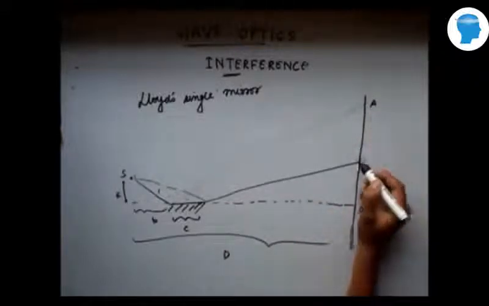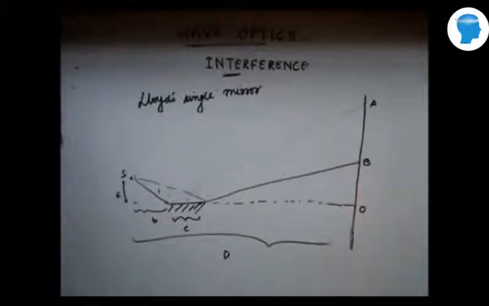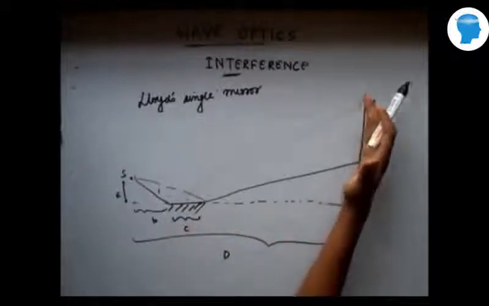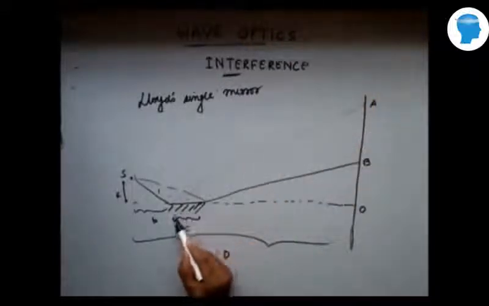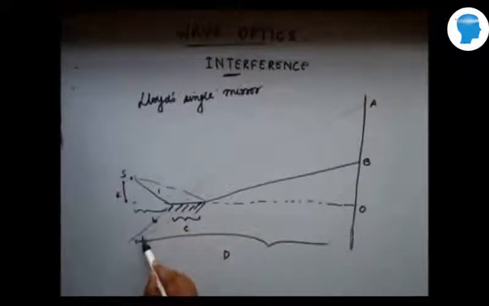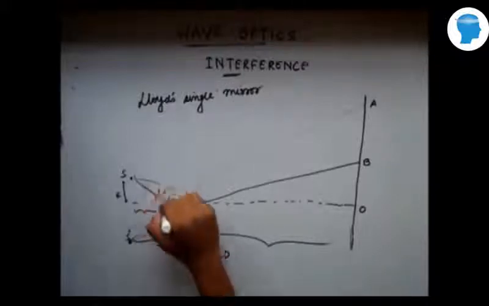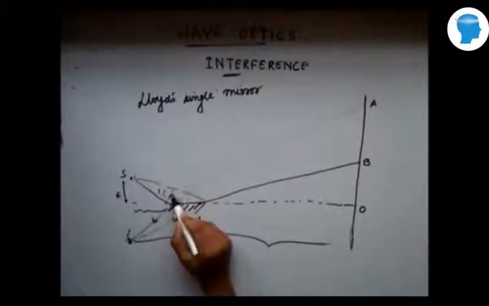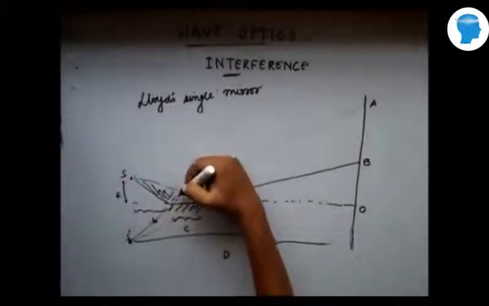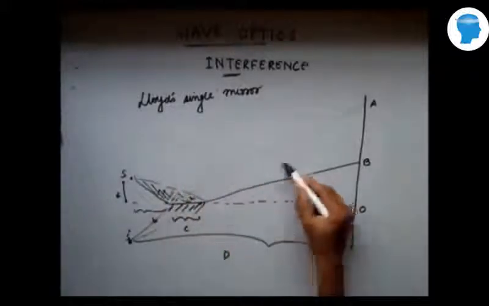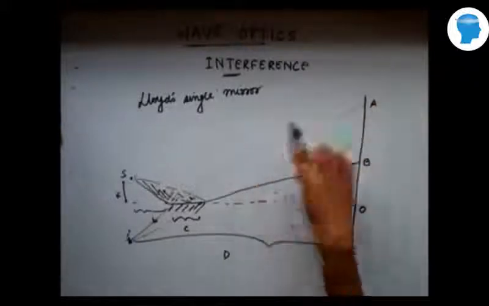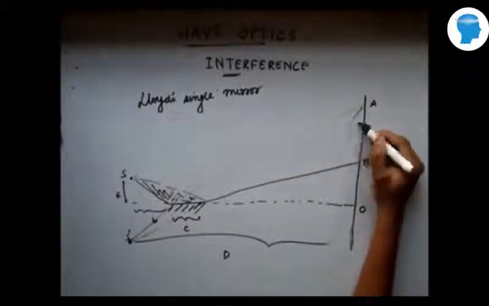Let's say this point is A, this point is B. Okay. So because of reflection, the light waves seem to come from an extended point from here. The light waves seem to come from this point S dash, and any light waves which strike the mirror between this region finally end up hitting the screen between this region.